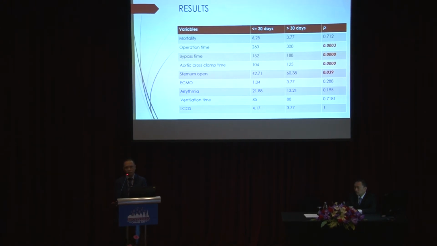Secondly, what I have also observed is that it is not a good idea to mobilize the coronaries too much, because the blood supply to the coronary comes via the vasa vasorum of the coronary artery. If you dissect too much to get the mobility, then you are compromising the arterial supply to the coronary artery, which can lead to long-term stenosis. The third thing is, when you implant the coronary, it should be above the sinus, because otherwise you are going to get aortic regurgitation.